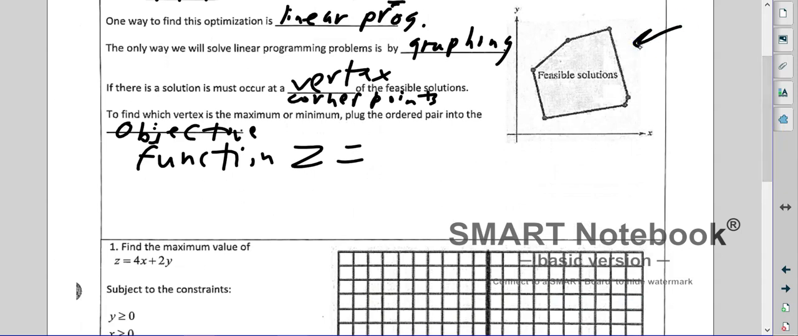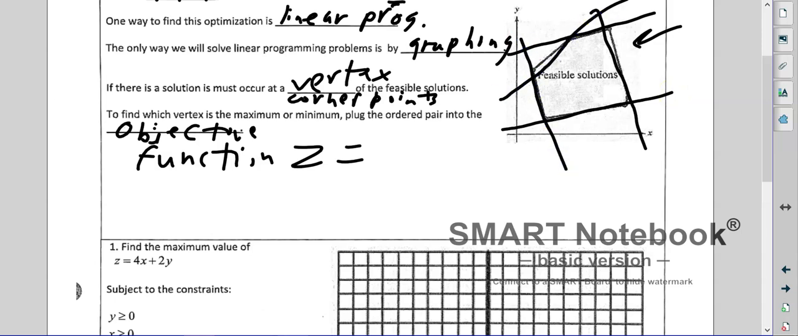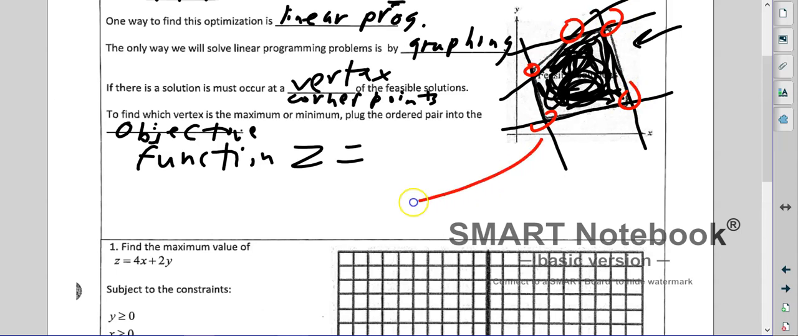So like right here, this would have been formed by this line being shaded less than, this line being shaded greater than, this one would have been greater than, this would have been less than, and this area here would have been the overlapping area of all those shaded spots. That's the feasible region. And then we would have 1, 2, 3, 4, 5 corner points to plug into our z objective function,